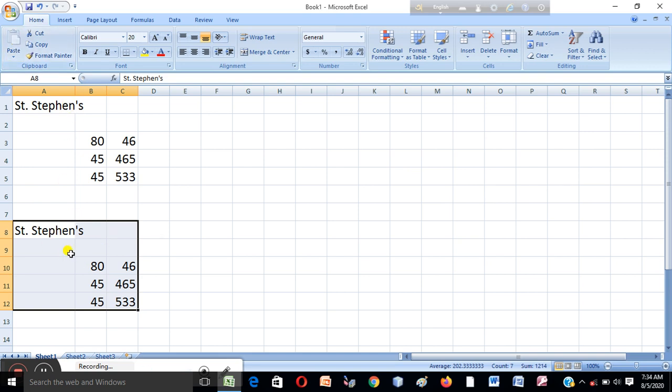Now, how can we delete some rows and columns? First I want to select this portion.